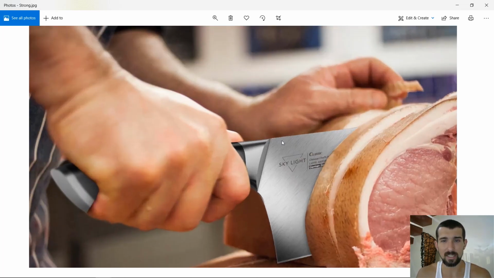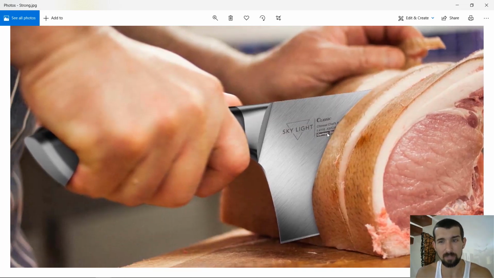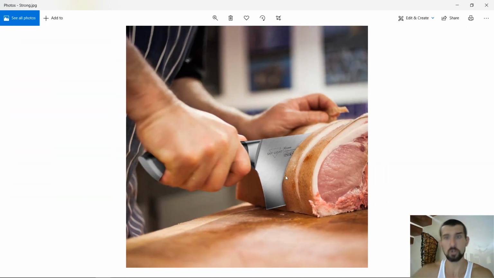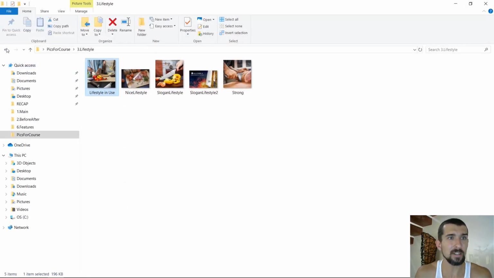The last one here is also lifestyle in work, and we have a really powerful butcher knife. We have some meat here, and we can see that it's actually cutting it quite well. It's strong, you see, it goes through it. Maybe even if it's just an infographic image, it can be done. I work with a really professional designer who is really crazy in his infographics, so it can be easily done even if you don't have the original picture. But these are the lifestyle images.